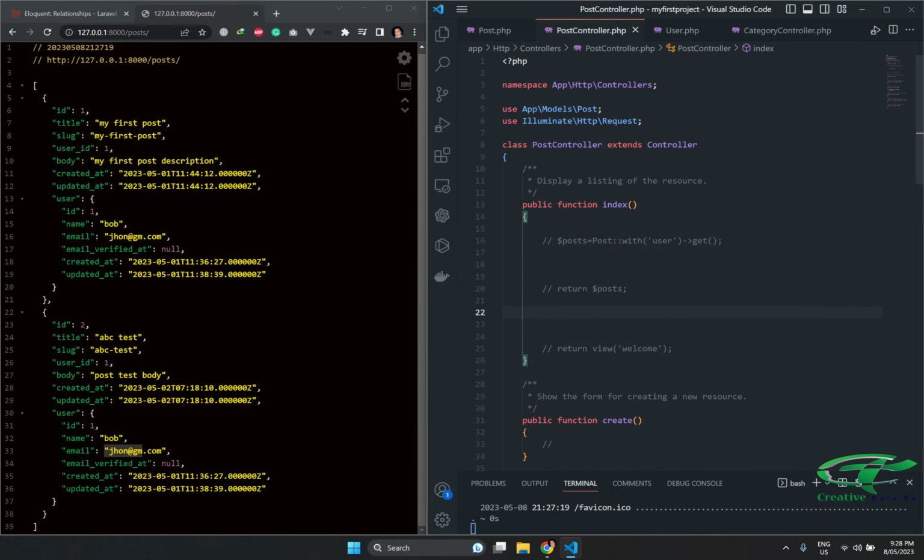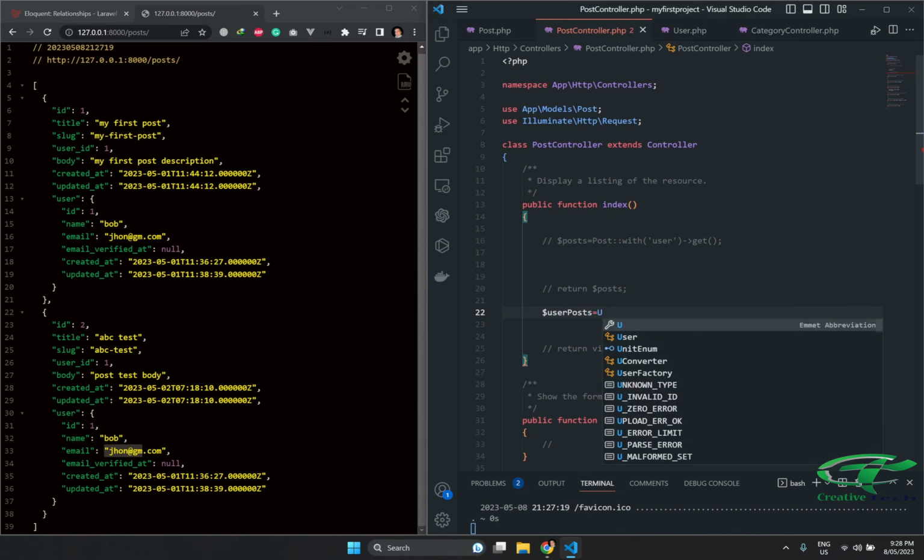And here we will write, let's say, $user, and let's say $userPost equal to User